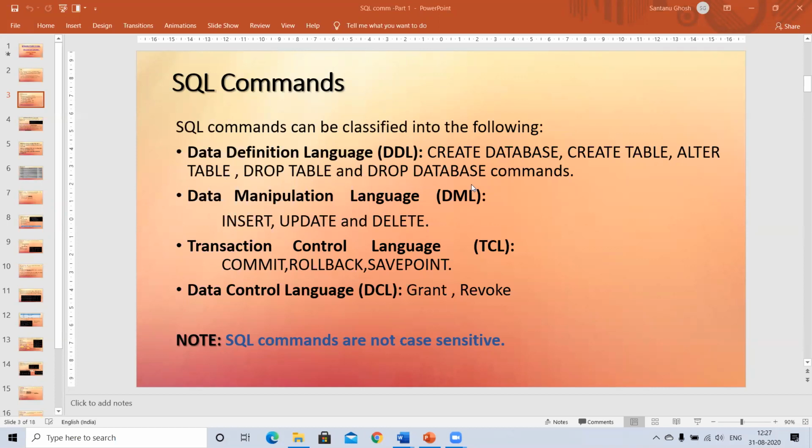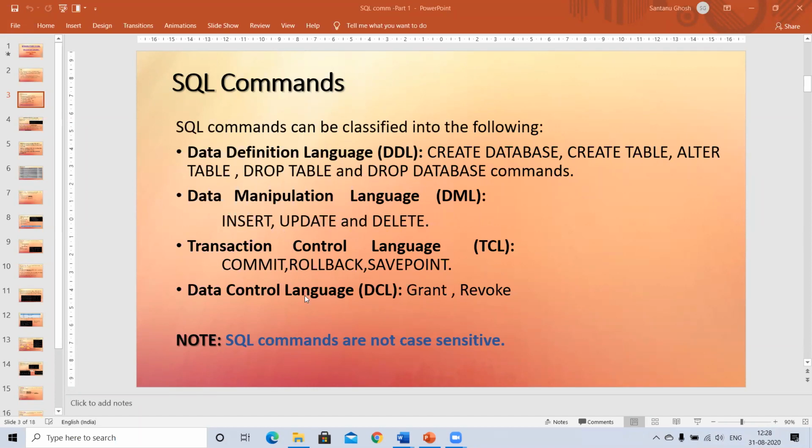One thing I said last class also: when you delete a table or a database using SQL commands, it's a permanent deletion. It doesn't go to something called a recycle bin, so I cannot recover it back. Now when I talk of manipulating the data in the tables, I go for three basic commands: inserting new data, updating existing data, like somebody's cell phone number changed or the price of an item changed, or deleting certain records. They come under DML.